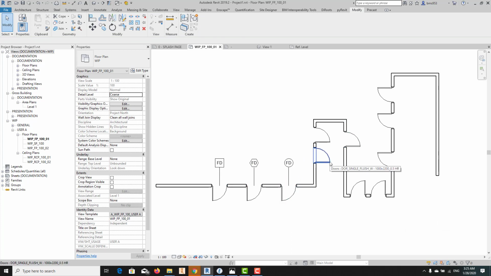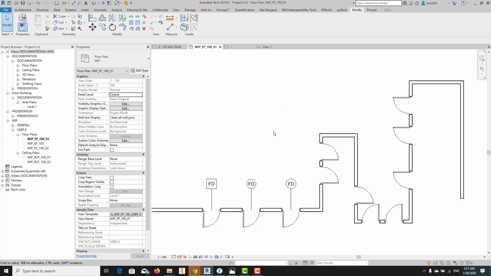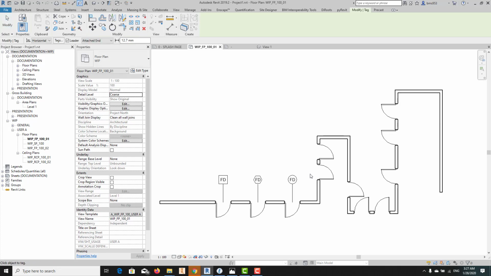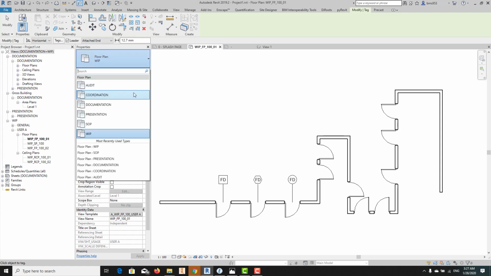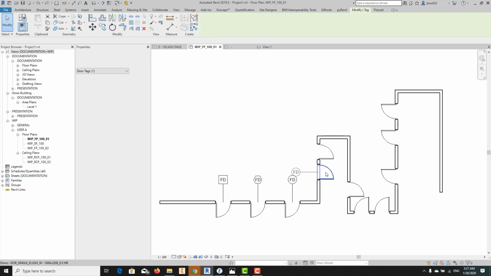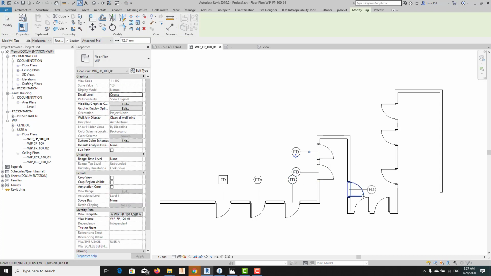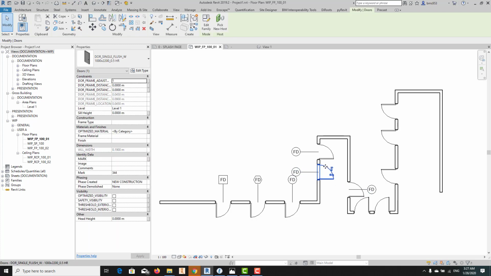And now if I want to add tags to these doors, for example, I can apply it manually this way,